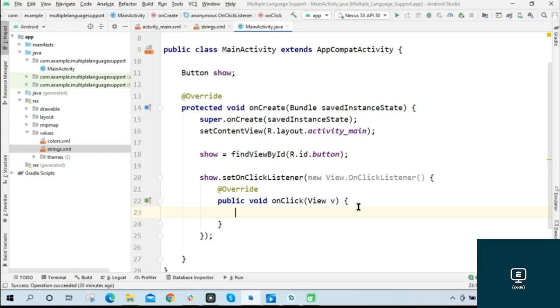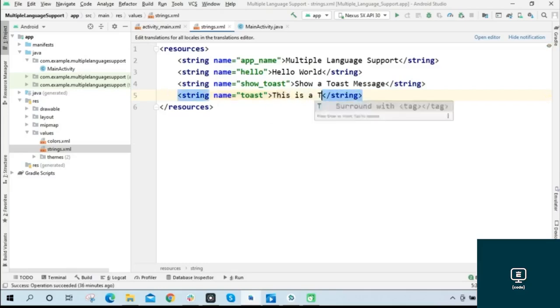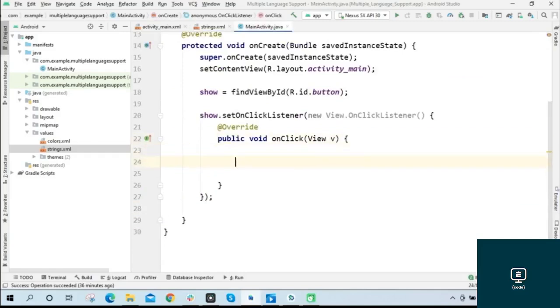Now, before I continue, I will need to define other string resources. So I'll open up string XML, and I will write in here string name equals toast. And the string is, this is a toast message. So now I can call this string in the toast message. So now I can go back to the Java side. I'll write